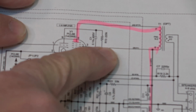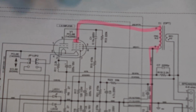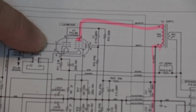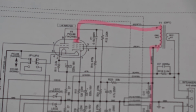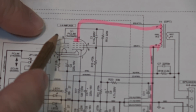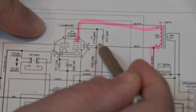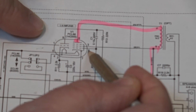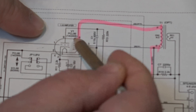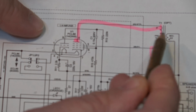We have a suppressor grid here to one of the screens on the tube, and our output. So our triode input signal comes in here on pin number 1. Grab my pen here to point this out. Signal comes in on pin number 1. Signal goes through the triode section, comes out at pin number 9, where it's fed in through a capacitor to couple into pin 8, which is the grid for the output tube, which then modulates the plate with the signal. The plate voltage is modulated by the incoming signal on the grid, which of course